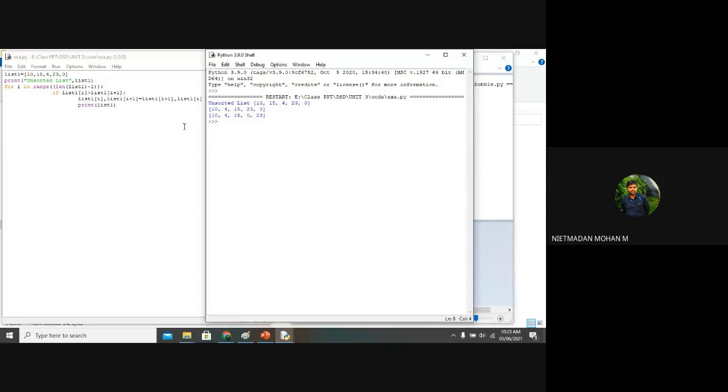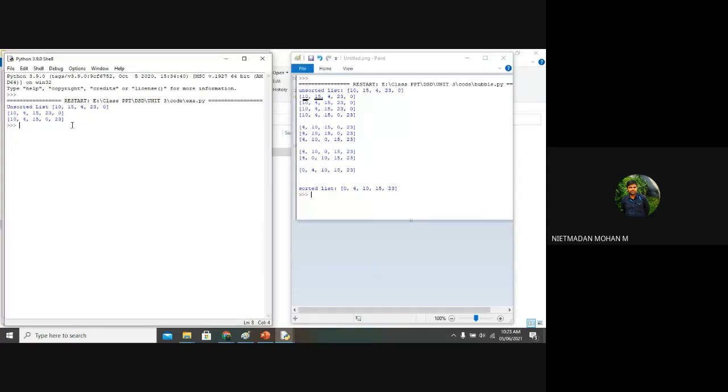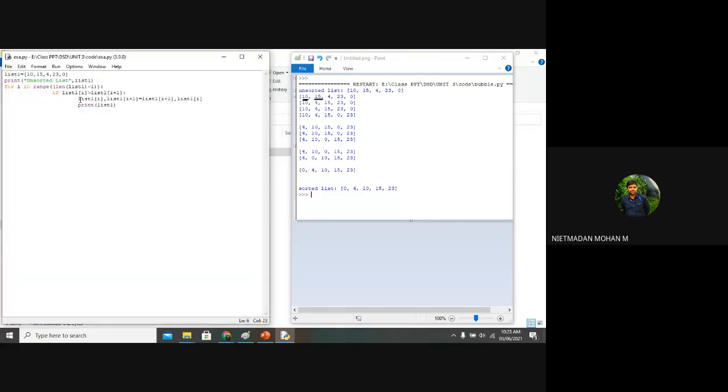Whatever numbers have been swapped, only those are displayed here. 10 and 15 have not been swapped, 15 and 4 have been swapped, and that output has been displayed. And again 23 and 0 have been swapped, and that output only is displayed. Because for the condition we have given, the output has been displayed.